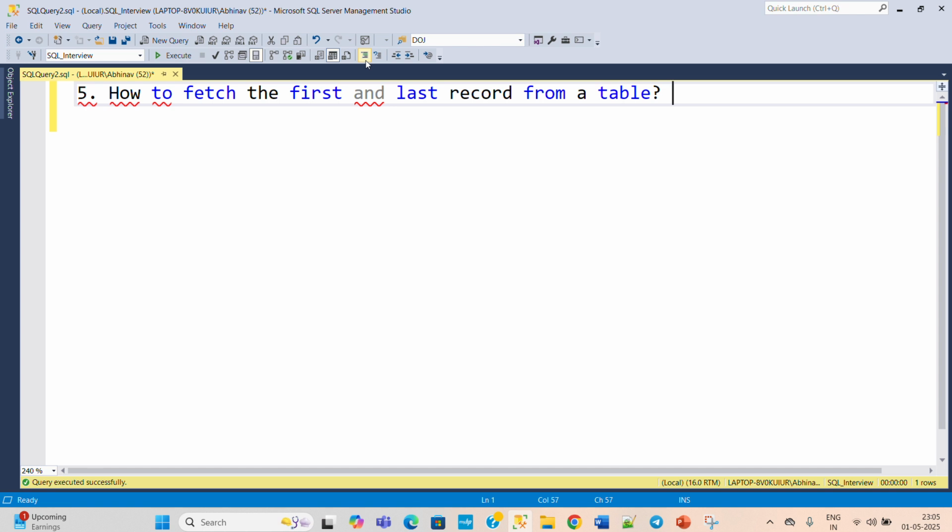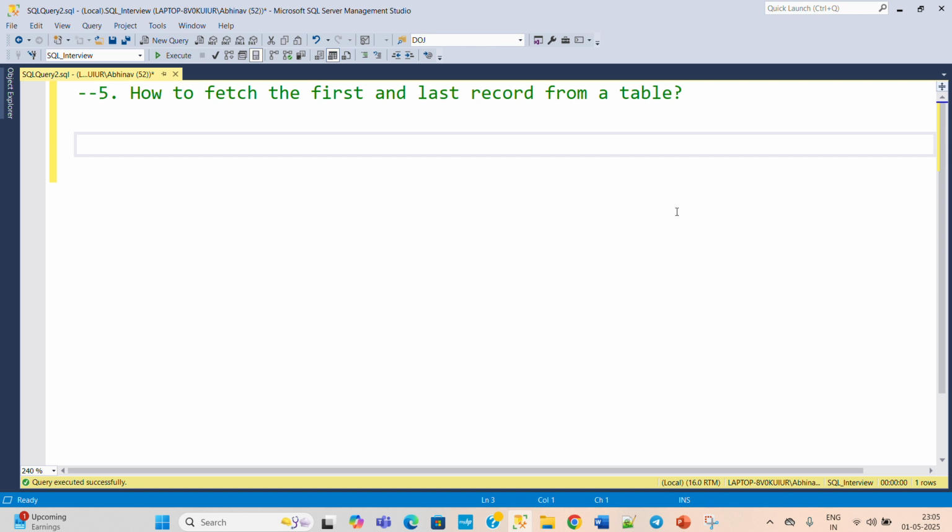Here we need to find the first and last record from the table. It will be a two-part query. First we will find the first record and then the last record. The first record will be employee ID 1 and the last record will be the last employee ID. For the first employee ID we write select top 1 star from employees table,